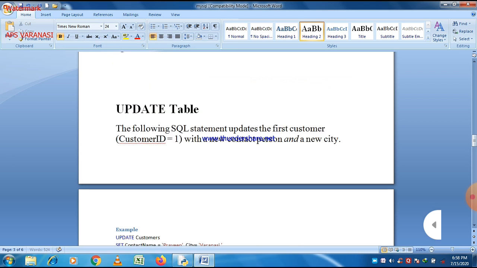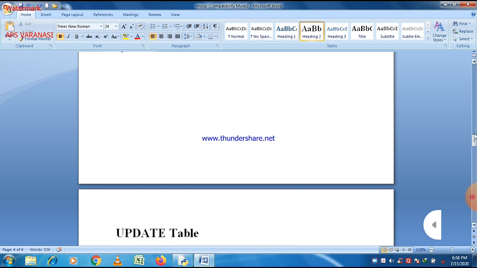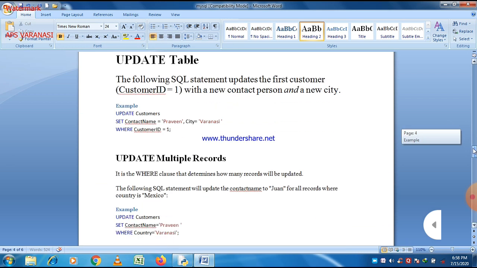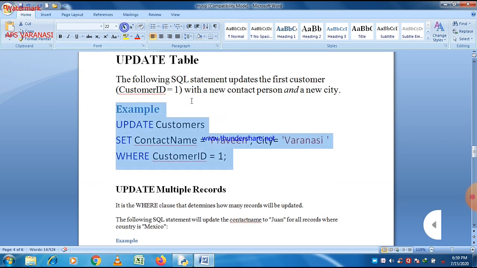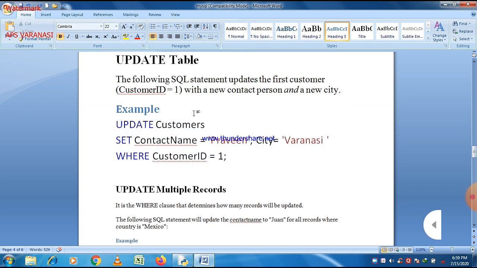Then the UPDATE TABLE syntax. Here is a small example. It says UPDATE customers, the name of the table, SET contact name, which is an attribute name, and city, which is also an attribute name, and then the values are Praveen and Varanasi, and there is also a condition given: WHERE customer ID is equal to 1.